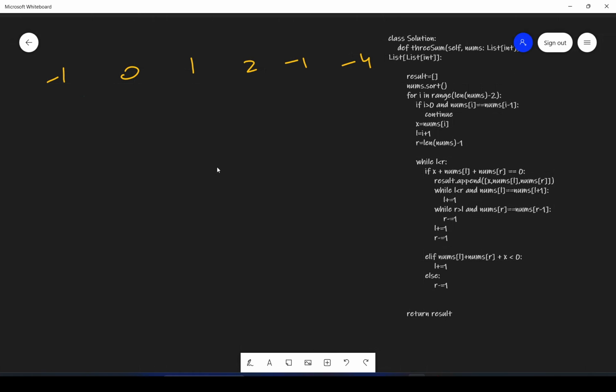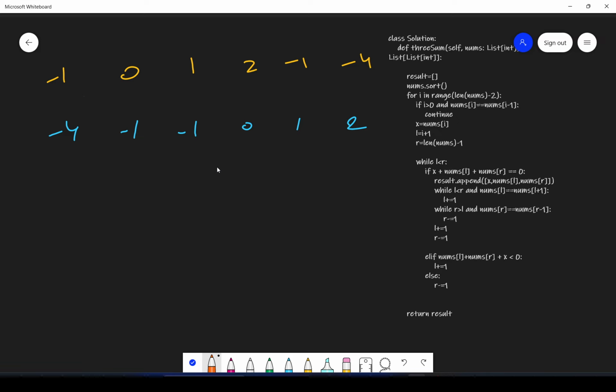In this, first of all, as I said, we will sort this array. After sorting, this array will become something like -4, then -1, -1, 0, 1, 2. So this will be your array.